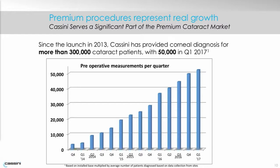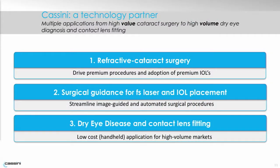And Cassini, as a result, has seen tremendous growth over the past quarters in implementation of these scans. So for refractive cataract surgery, for surgical guidance of femtosecond lasers and toric IOL placements, and in the optometry office for diagnosis of dry eye disease and contact lens fitting,